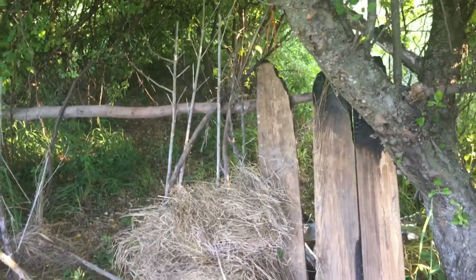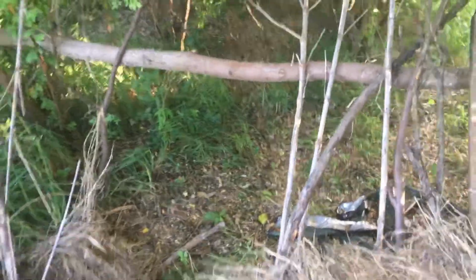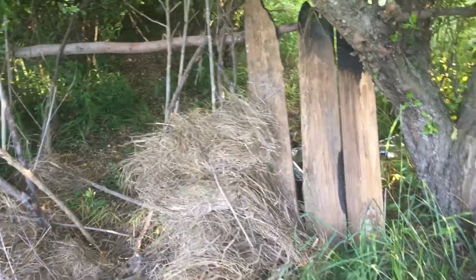There's another small tree out here to the side. So that gives us a very strong support on this ridge pole. It's going to hold a lot of weight. It's not going anywhere. And then in addition to that, I've started to lean stronger materials at a 45-degree angle